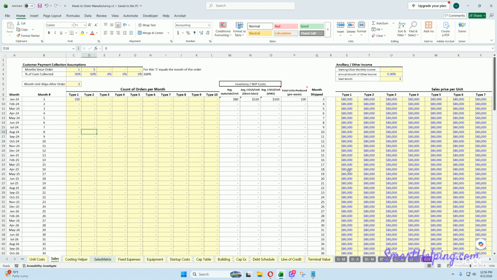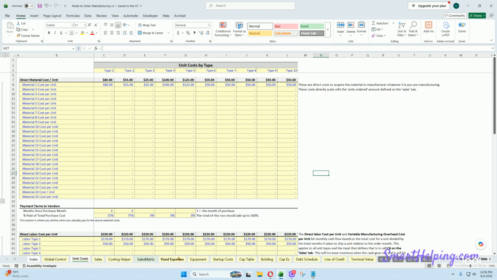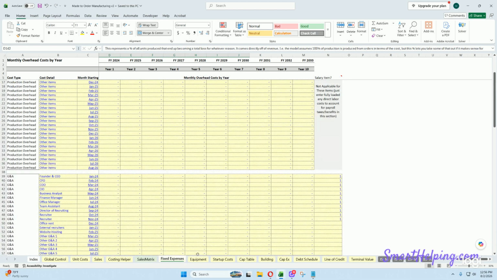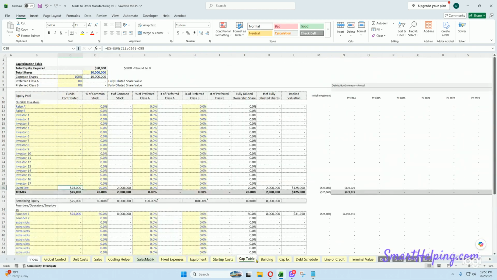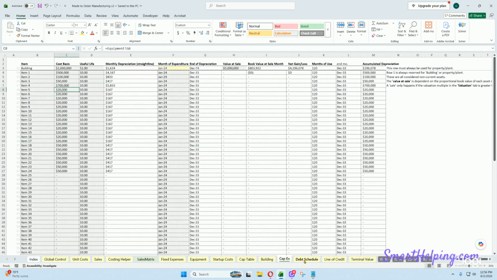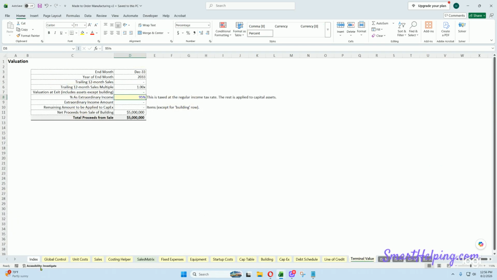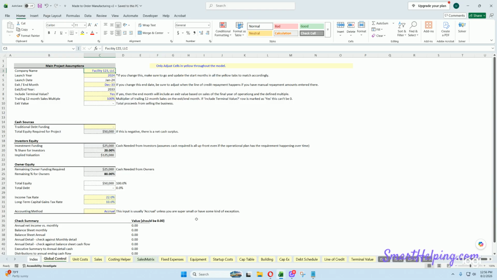So it's a very good way to plan for cash flow, test economics, pricing, unit costs. You've got fixed overheads here in your equipment, and just see if the return on investment makes sense for the situation. So the core model works fine. It worked before with cash flow, but it was slightly off, like I just explained with the variance. You had slightly overstated revenue and a slightly different cash flow than in actuality based on the assumptions. So the made to order manufacturing model has been quite popular. If you've purchased it in the past and you want the updated version, just email me and I'll send it